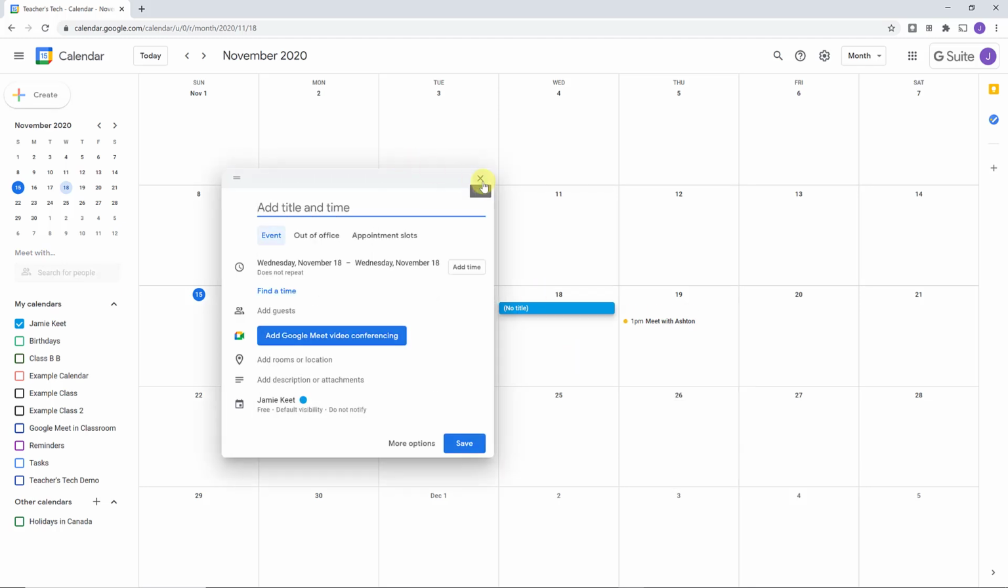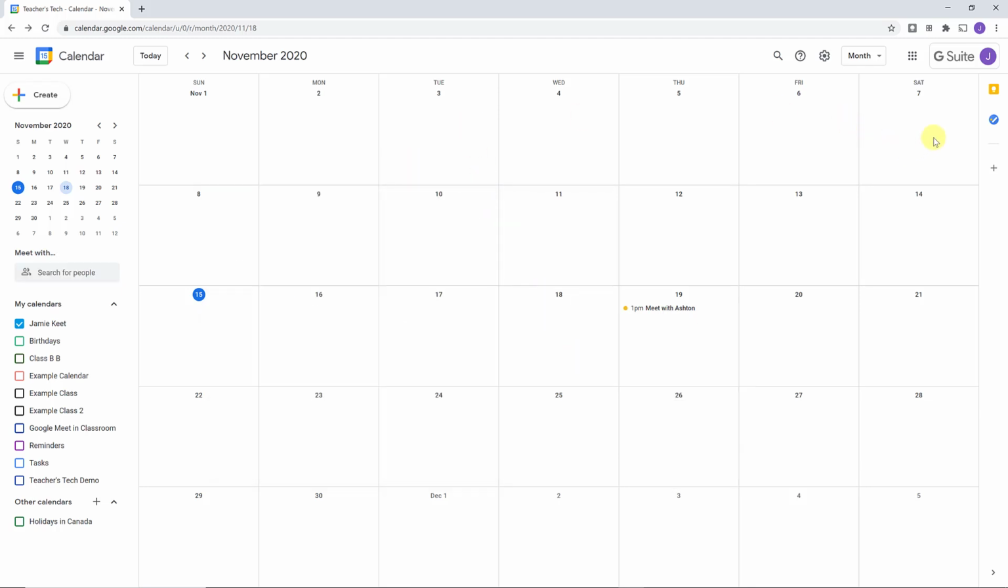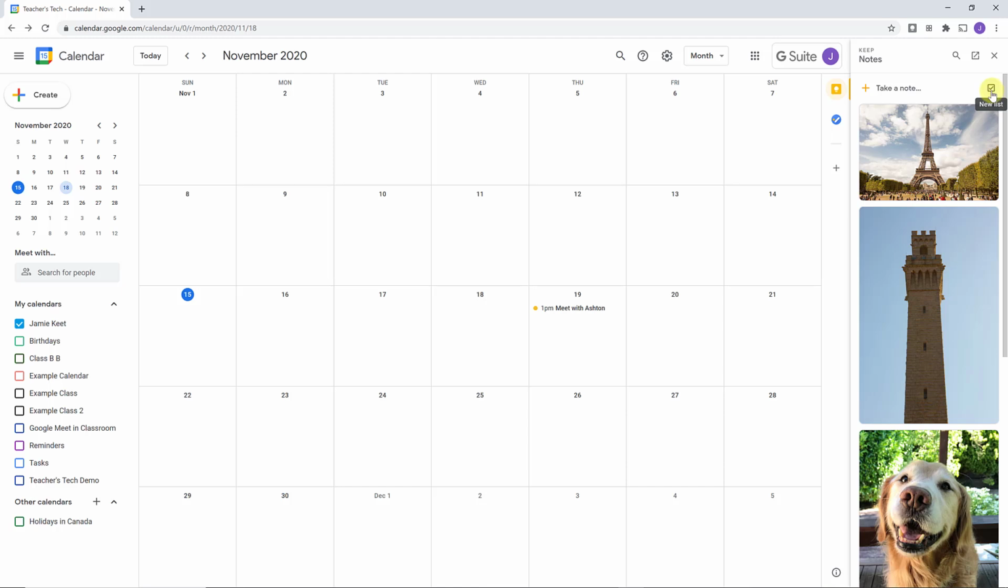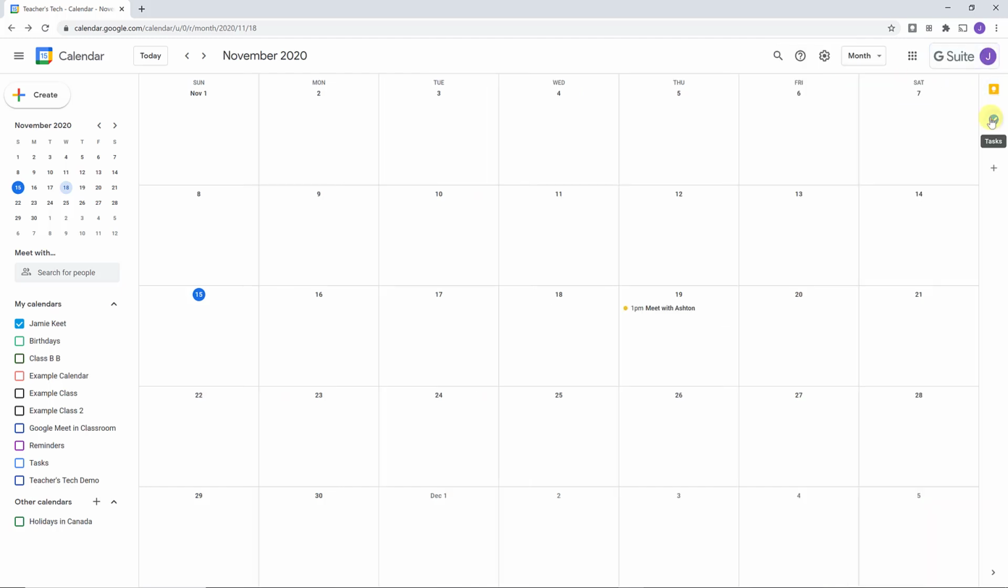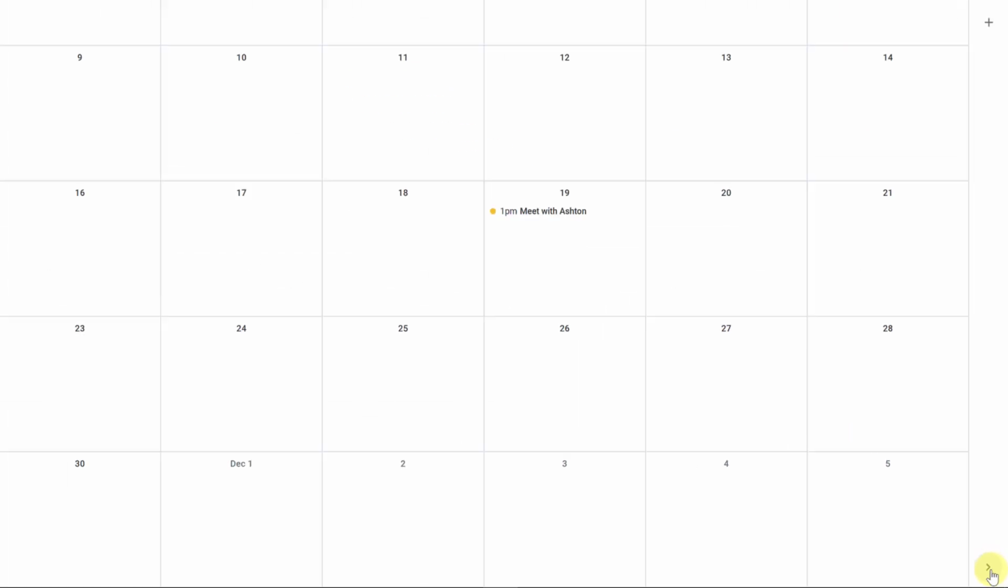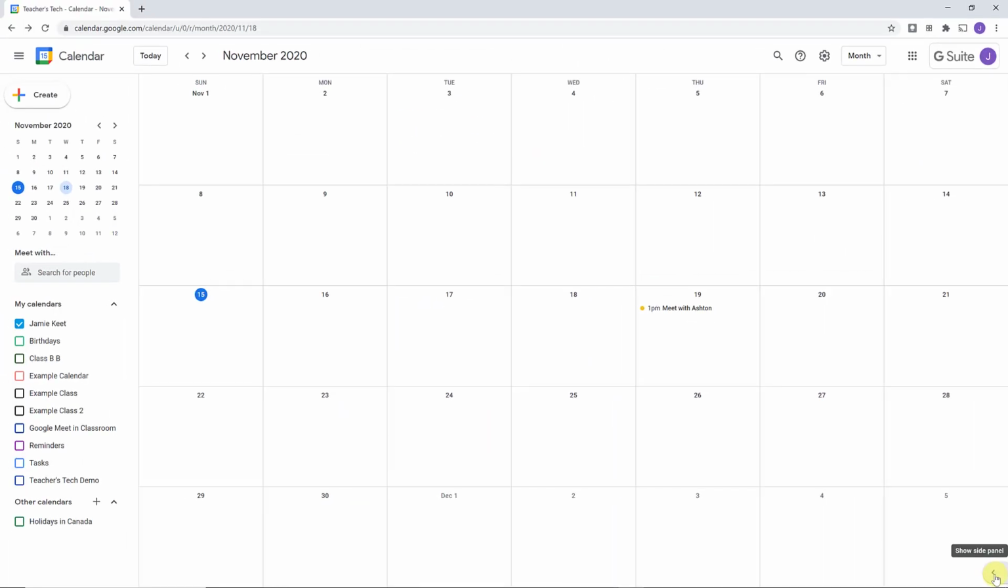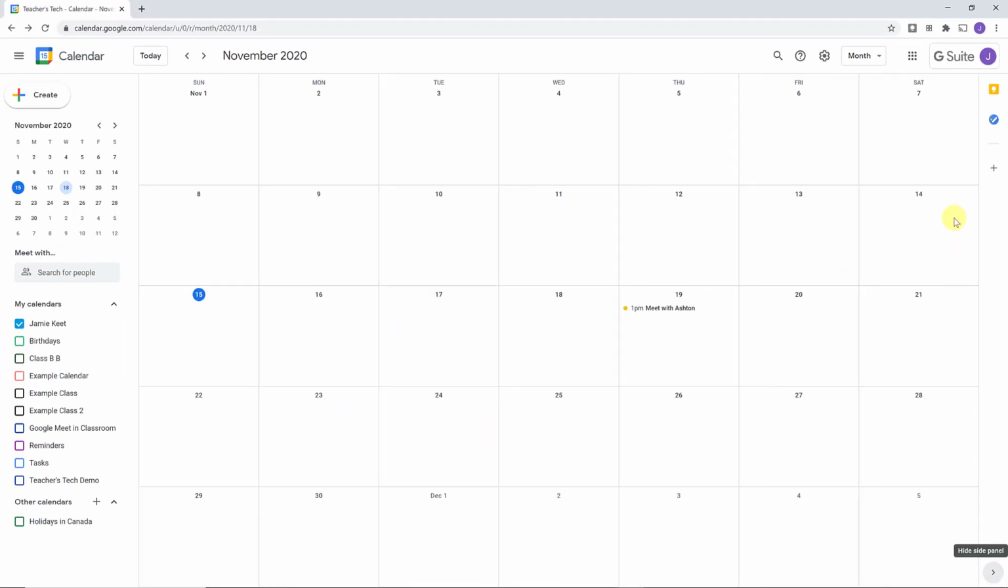I just wanted to point out too, on the right hand side, you'll notice a few other things. We have Google Keep. If you're taking notes in Google Keep, these notes will come up here. So I'm just going to close this because it's more about the task that I want to show you. Now if you don't see this, look at the very bottom where it says hide side panel. Maybe it's like this and you didn't notice it was here. If you click show side panel,